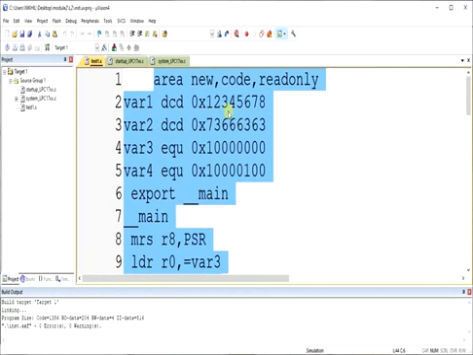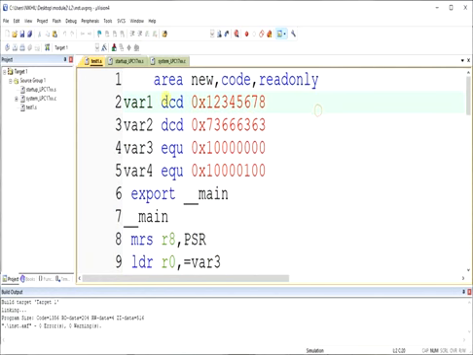Now if you come to the code here, let me zoom in. As you can see, we have started with AREA, new, CODE, READONLY. Here AREA, CODE and READONLY are keywords, you need to use them, and new is your file name. You can give any name here except the keywords. Always keep in mind that you should give a space for the initial line.